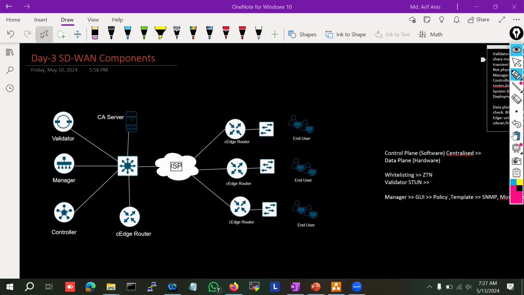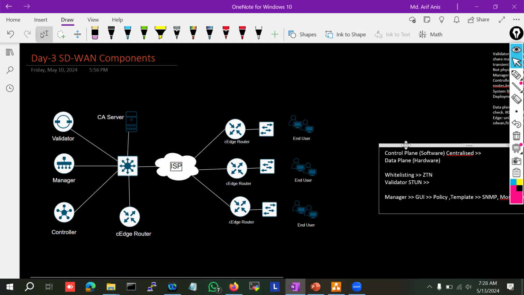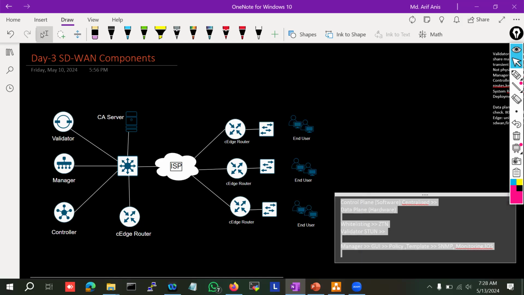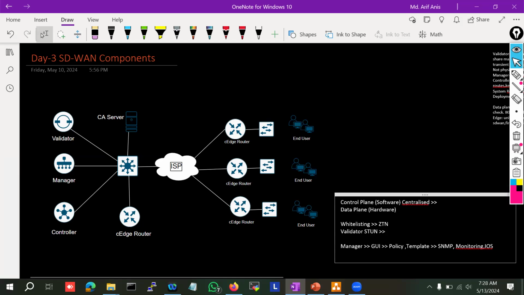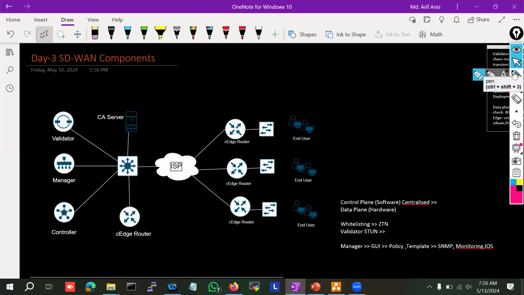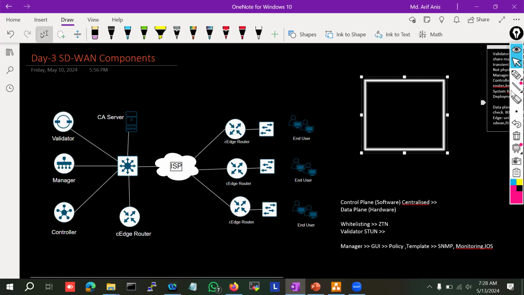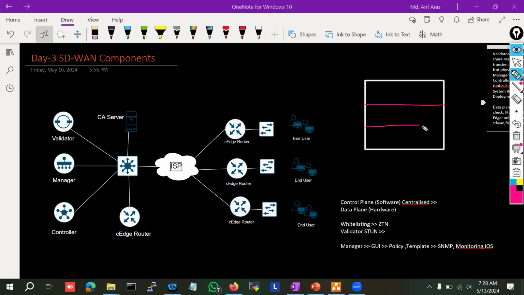So in Cisco SD-WAN, we can see that SD-WAN distributes the routers, or existing WAN routers, between two separate planes, right? So in the traditional way, if we try to draw a traditional router, this is the SD-WAN router and this is the traditional router, right? So in a traditional router, we have